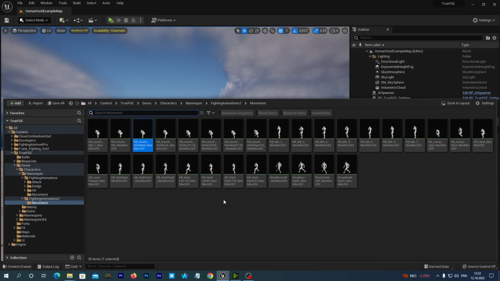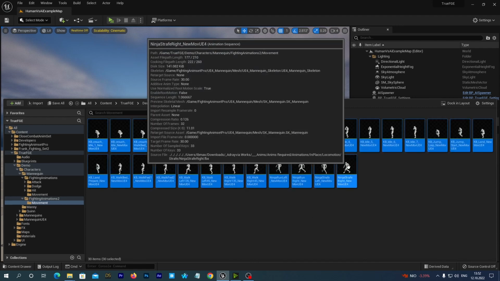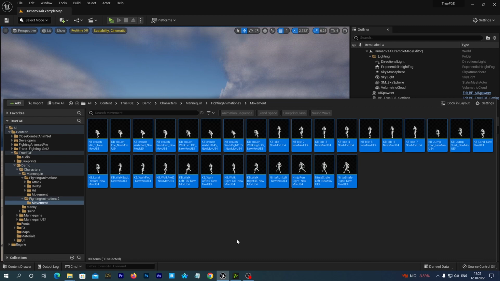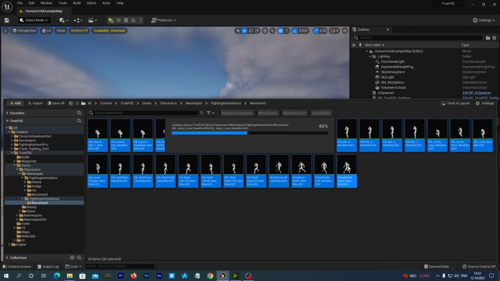So we first need to reassign all these animations to the instance of the UE4 skeleton that comes with the true fighting game engine. To do so, we select all these animations with a shift click, and then we right click